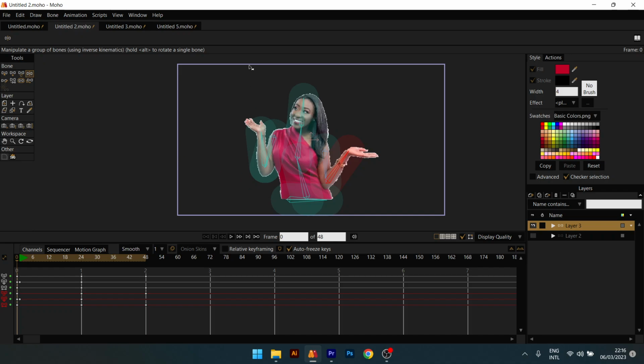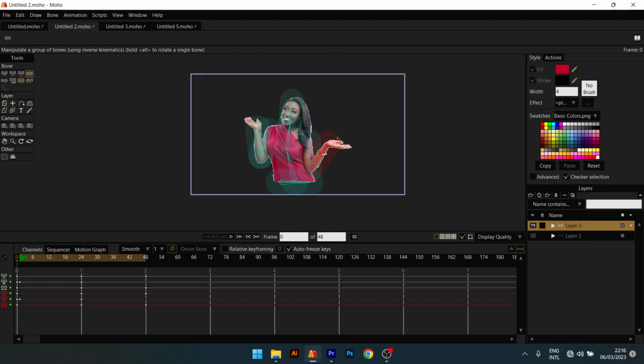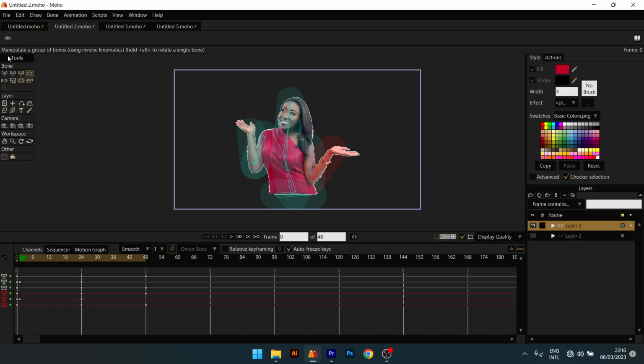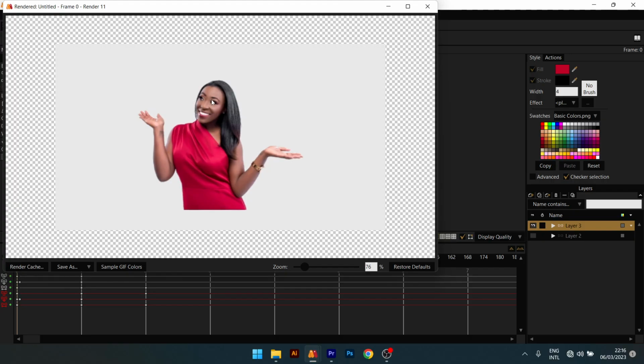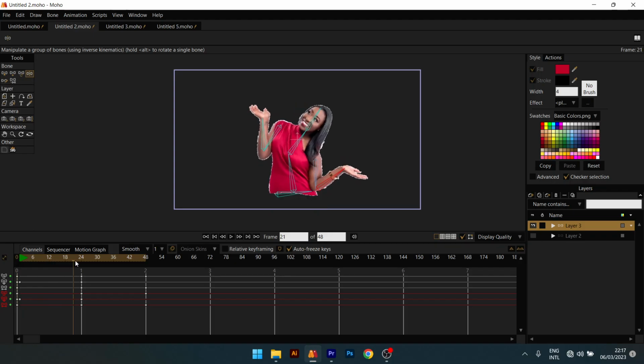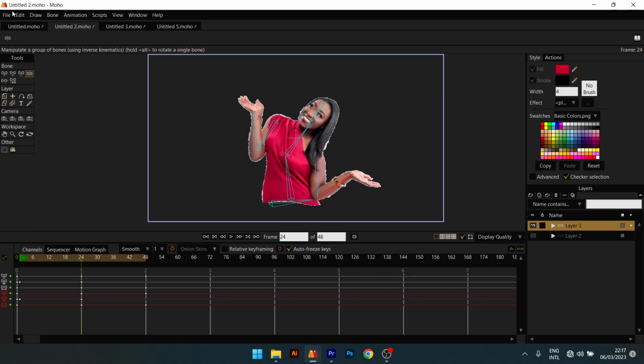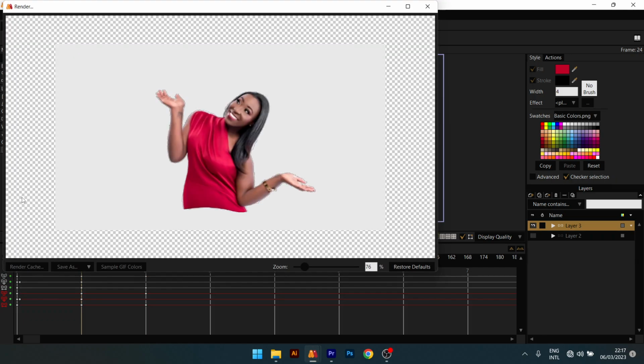So to do that, once you're satisfied with whatever graphics you've created here, the next thing you do is to come to File, come to Preview. Right, so from the preview you could see the character as it is. Let's say we moved in time to somewhere here where the character has a new pose. Okay, so we'll come down and click Preview. So we could have the character at this position. So to export it or render it as an image, simply have to come down here and select